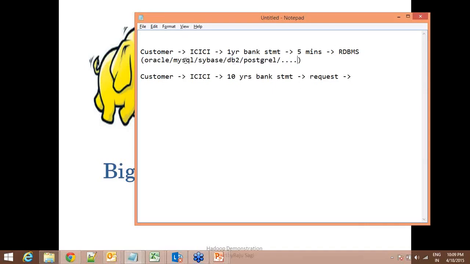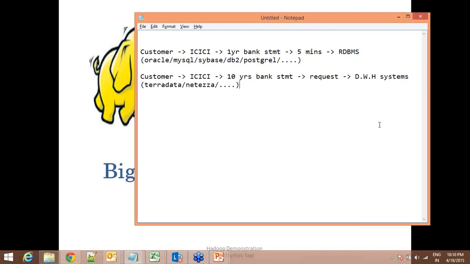But in the second scenario, when the customer requested a historical transaction statement, he cannot provide it immediately. Why? Because this historical data, whether 20, 30, 50 or 100 years, whatever the volume or period of data available, will sit in backend systems that we call data warehouse systems, like Teradata or Netezza. It could be any warehouse system. So this guy has to raise a request to these warehouse systems.